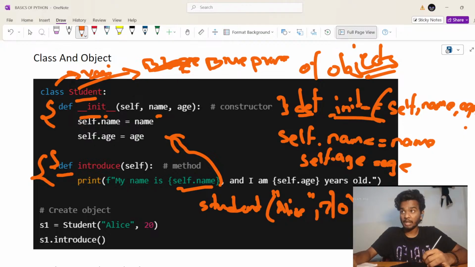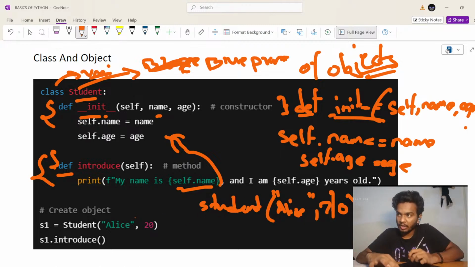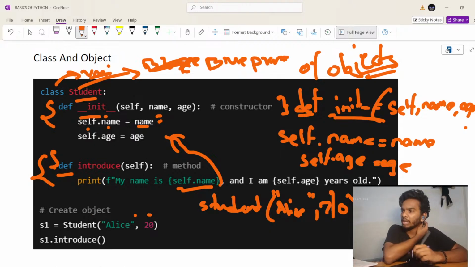We assign its name and its age. So this name and age, whenever we give name and age, this is going to directly get here. Then this name and age are assigned in self.age. In introduction, when we print s1.introduction, we are going to call this function, and it